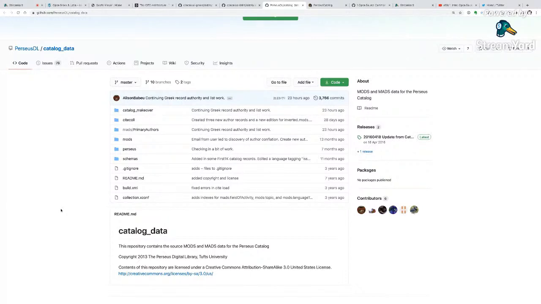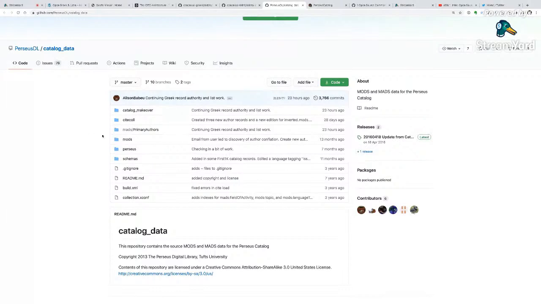And this is very important because through this repo you can get a lot of metadata about authors and works in the Perseus Digital Library, and not only, because this data includes information about many editions of authors, and you can also find authors not available in the Perseus Digital Library website. Okay, this is important. So if you want to get more works and authors, you can access them through these repositories.